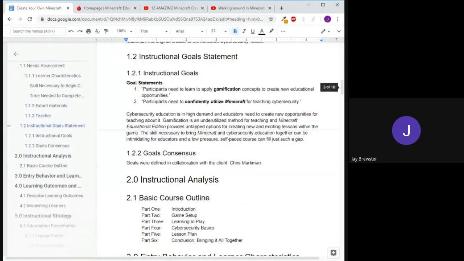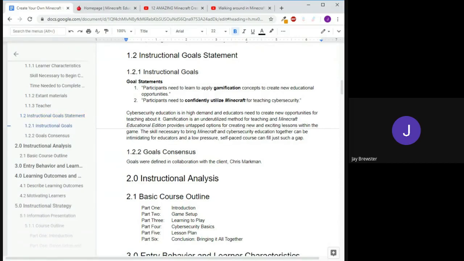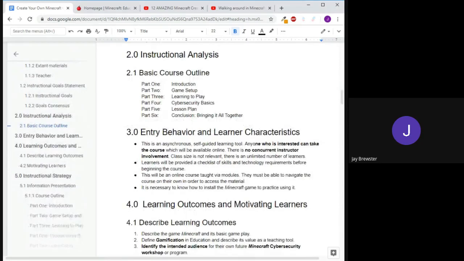The goals for this are that participants need to learn to apply gamification concepts to create new educational opportunities, and participants need to confidently utilize Minecraft for teaching cybersecurity. A very basic course outline: the course is divided into 6 modules that go through what we're doing, how to set up the game, the whole section on learning to play the game, then some basic information about cybersecurity.